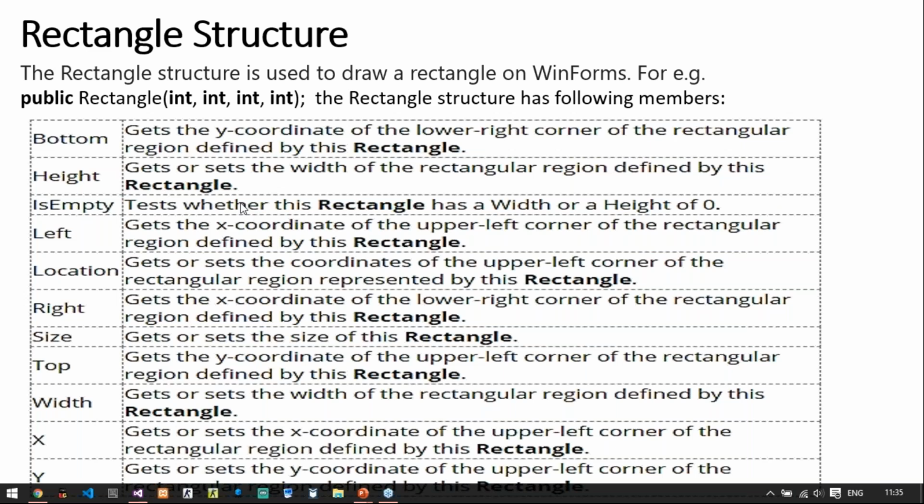are quite incorrect. So let me just revise this again. The first argument is the top x coordinate. The second argument is the left x coordinate. The third argument is width, and the fourth one is height. Remember this. You've given me wrong answers actually, but try to remember this. Top, left, width, height, right?